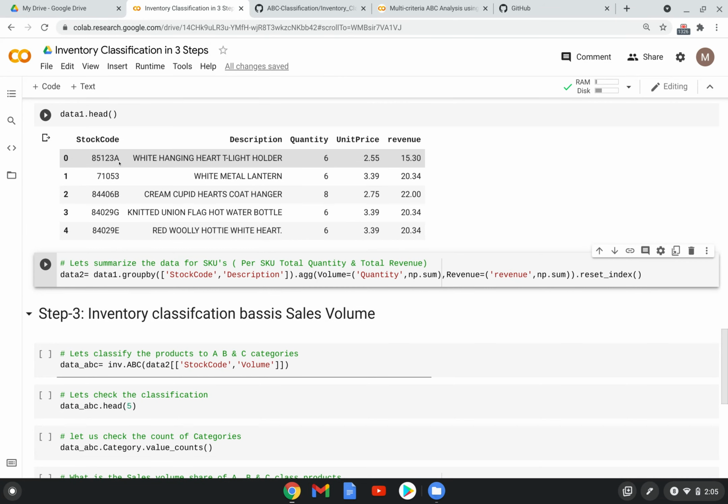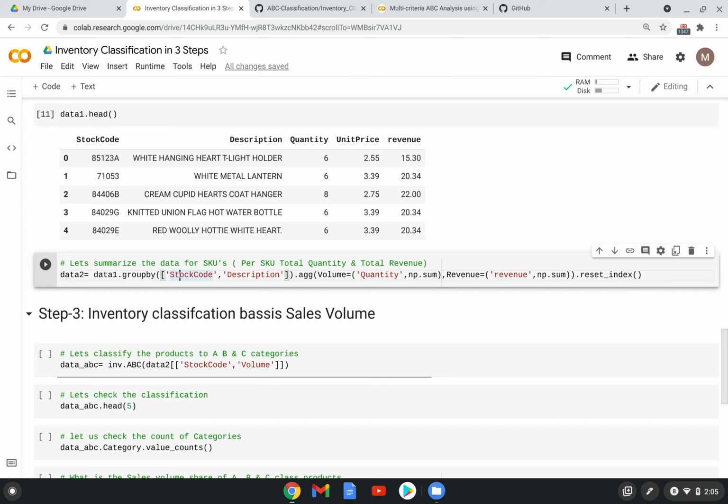If we need to make this classification, then we need to summarize the data for each SKU, right? So that's the reason we are summarizing the data for each SKU. So we are calling this group by function, it is like a pivot table, right?